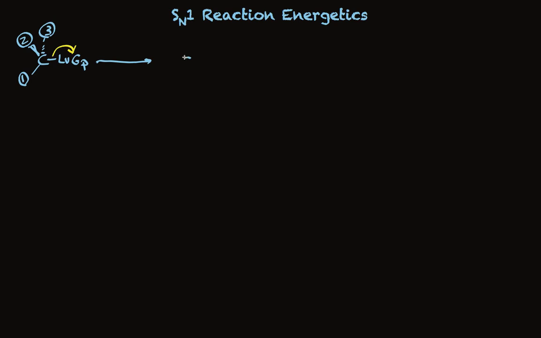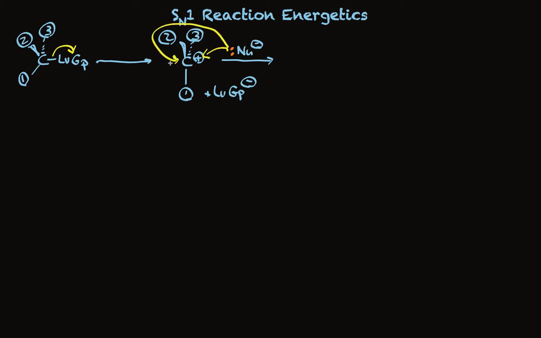makes a carbocation intermediate that has the remaining 3 groups attached in a planar arrangement, plus a leaving group. And in a second step, a nucleophile adds to that carbocation intermediate. And that nucleophile can add either to this side of the carbocation or the other side. So 2 products are made, mirror images, that may be identical depending on whether 1, 2, and 3 are all